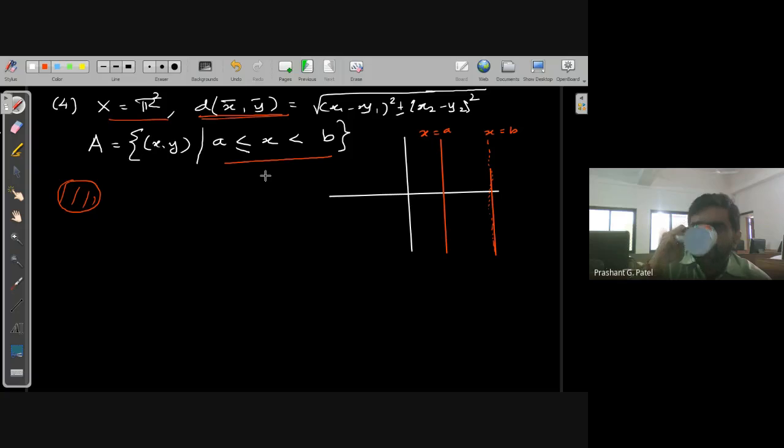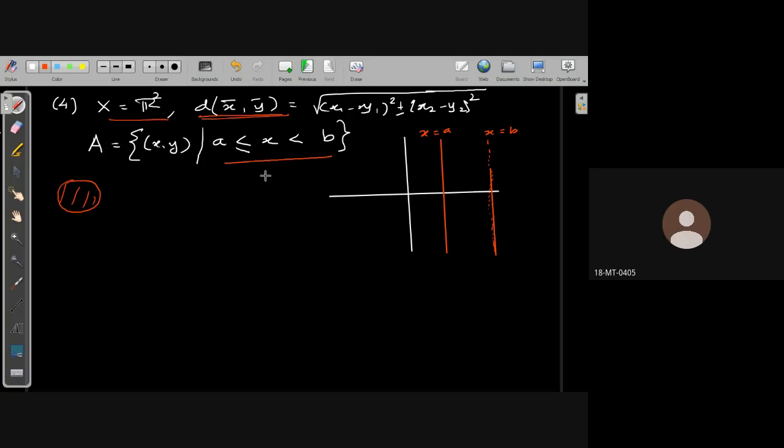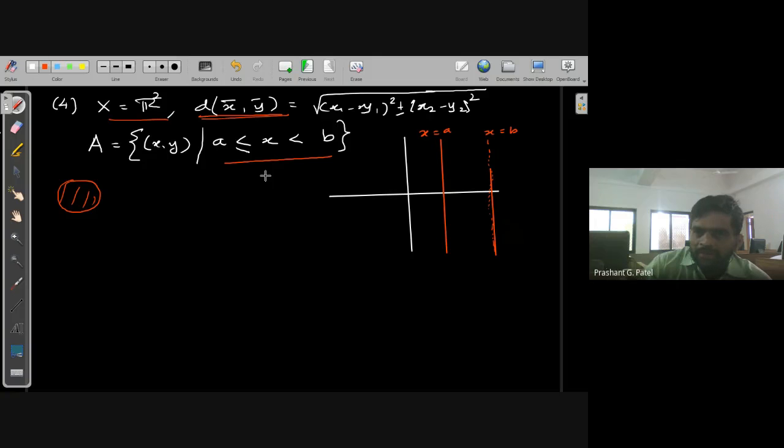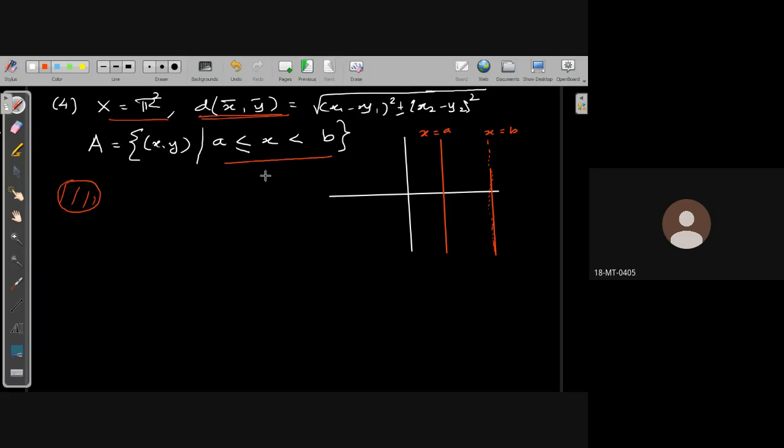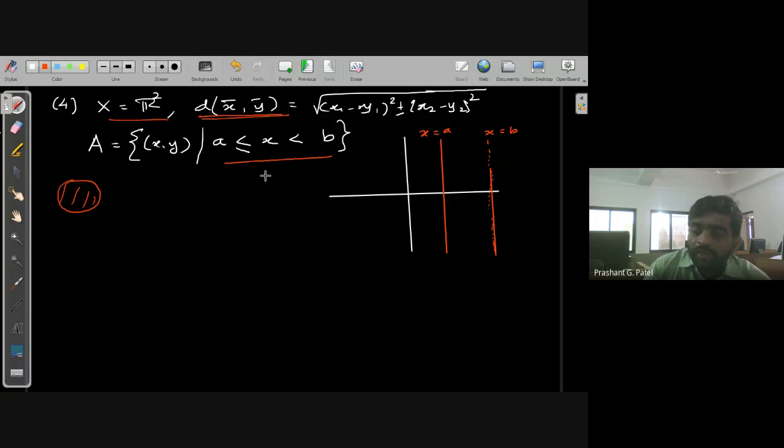Why? For point a, we cannot draw an open sphere. Point a means this is in two dimensions, so we cannot draw a circle. It is two-dimensional, so this point has two coordinates.